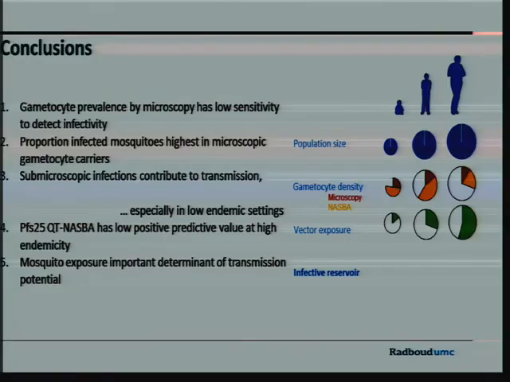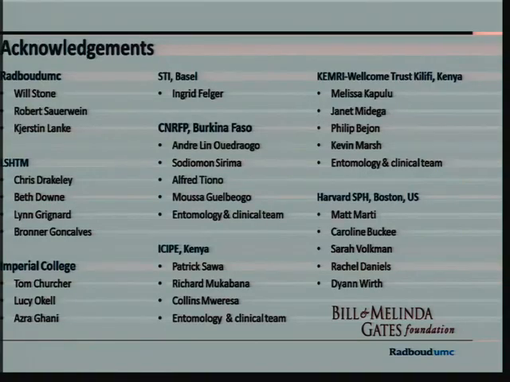So if you would do a very simple calculation, and we're going to do more sophisticated calculations later, here we would estimate that about half of all transmission is caused by these school-age children, and adults and young children are equally important if you take into account mosquito exposure. So I'll leave it at that, but not before I